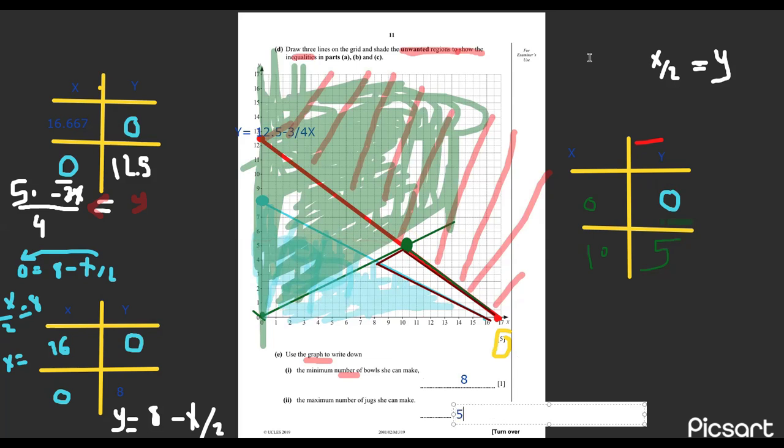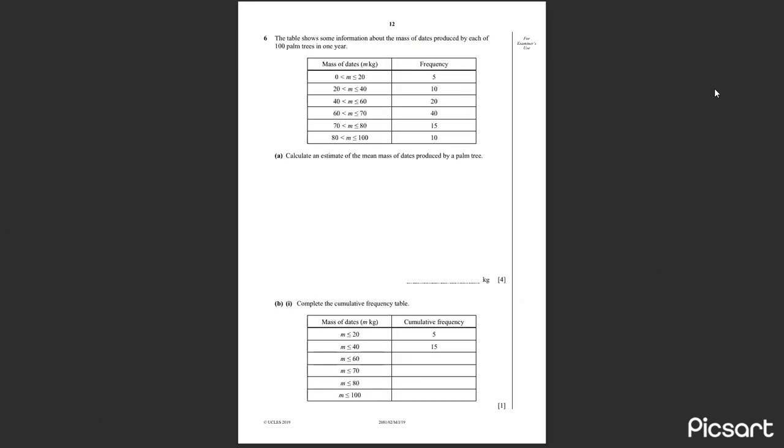Make sure that you solve all the questions in one page. You don't miss A, B, C, or anything. And let's see the next. Question number 6 here, frequency. Okay, this table shows some information about the mass